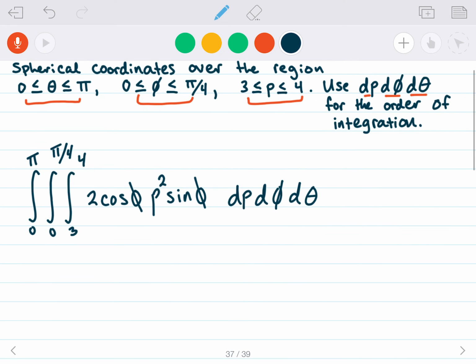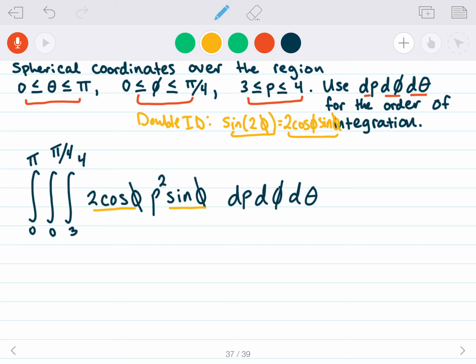Okay, so before I even start anything, I'm going to try to clean this up beforehand so that when I integrate it's not as messy. What I notice here is this 2 cosine phi and the sine phi is part of a double angle identity. The double angle identity from trig tells us that the sine of 2 times an angle, in this case phi, is equal to 2 times the cosine of phi times the sine of phi. So that's just a double angle identity.